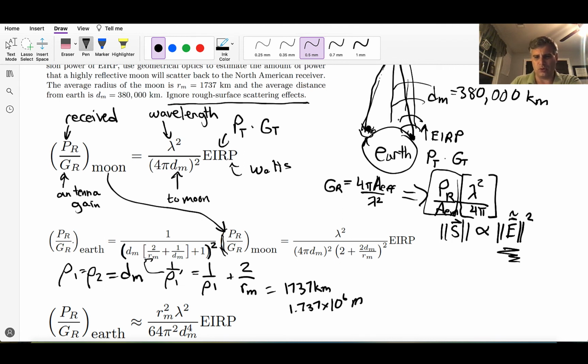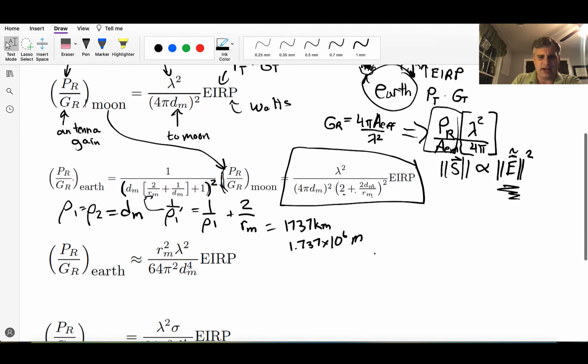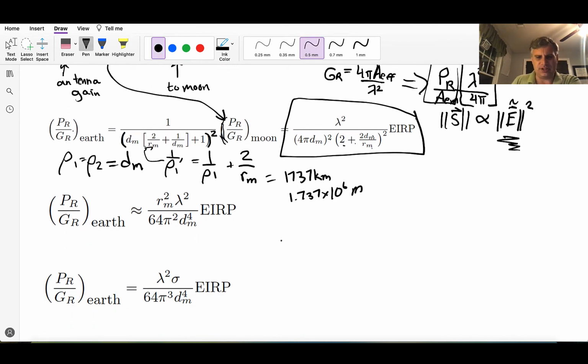We'll assume normal or near normal incidence in the problem. And when I plug this back into here, I get this final result, where I fall off 1 over d_m squared going to the moon, and then another 2 plus 2d_m over r_m quantity squared. Now, if I travel an appreciable distance from the moon,